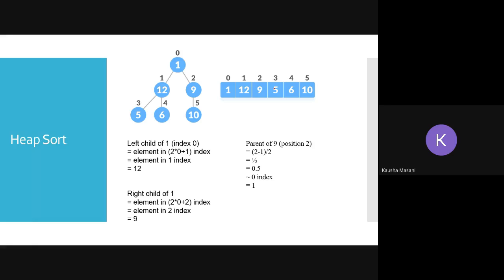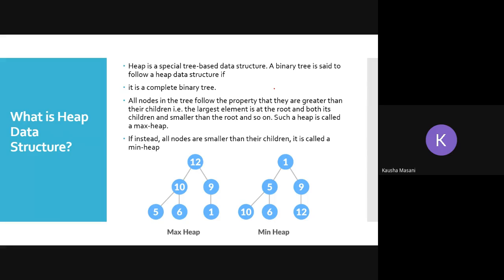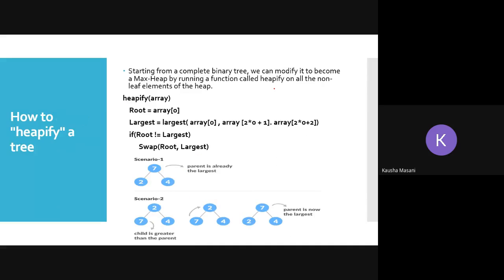It won't happen when, suppose here the maximum number is 12. Okay, then directly you cannot delete 12 from here in between. What you are going to do is you are going to do one or the other operation and you will bring that 12 as the child node. You see right now it is a minimum heap. In the minimum heap, either you can bring it here or you can bring it to the root. Okay, and then you go and delete it. This is known as heapify. How to heapify. Okay.